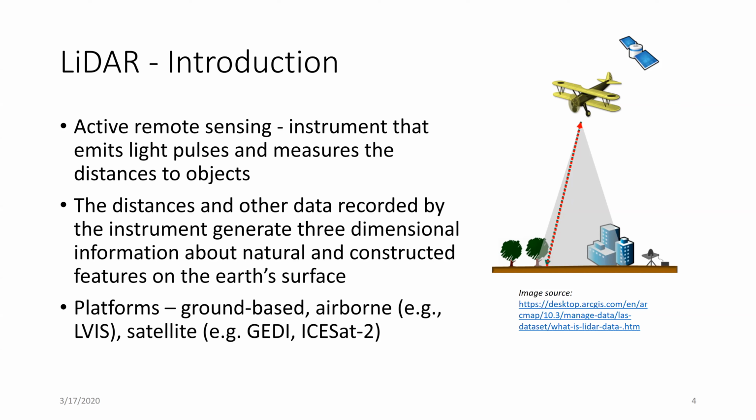Whereas passive remote sensing is they sense the light reflected by a different source. For example, the light reflects the sun's energy. When we capture that, which most of the other remote sensing technologies do, that's called passive remote sensing. So what this LIDAR does is it emits, as I mentioned, light beams, and it measures the time taken for the beams to bounce back. And using this information, it tries to generate three-dimensional information about the natural or constructed features on the Earth's